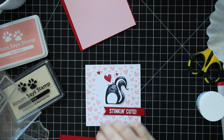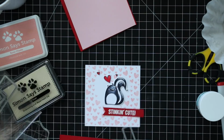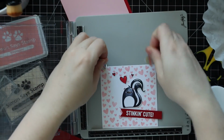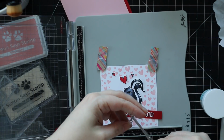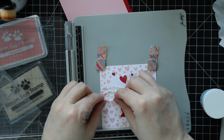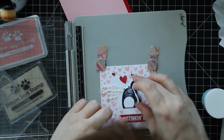So I used one of the banner wafer dies to die cut it, and then to get the little fishtail end, there's the little almost triangle shape dies in that set. So I used that to die cut that as well. And then to complete the sentiment, there's the scripty "you're so" words in the set that is technically one stamp,